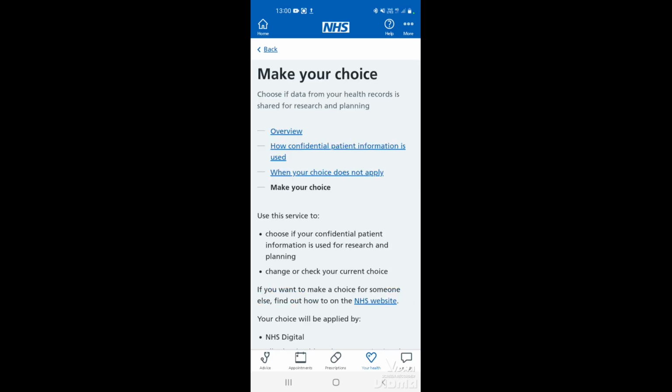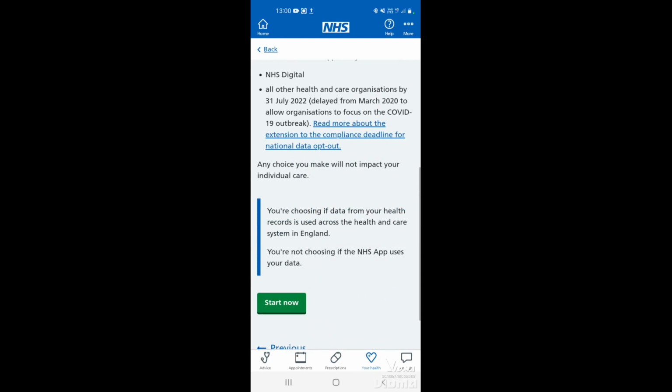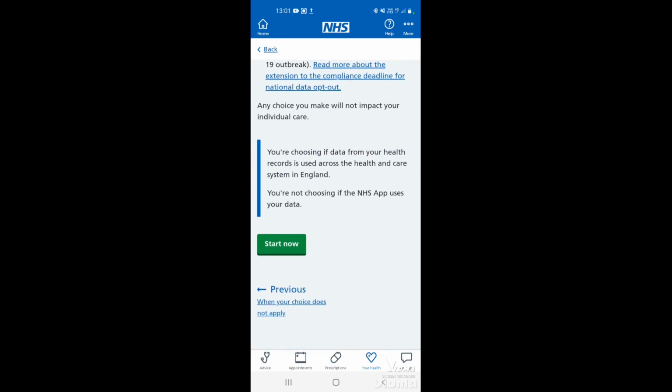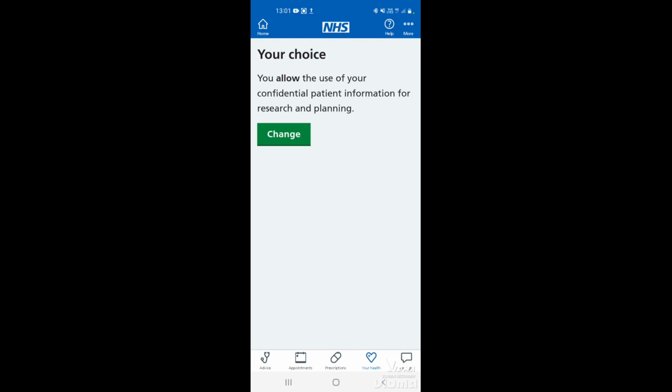This is where you make your choice. So again, have a read through, and then once you're ready, tap start now. The choice you currently have will be displayed here. On this one it is allow. If you're happy with that, you can just, in the top left corner, tap on home, and that will stay